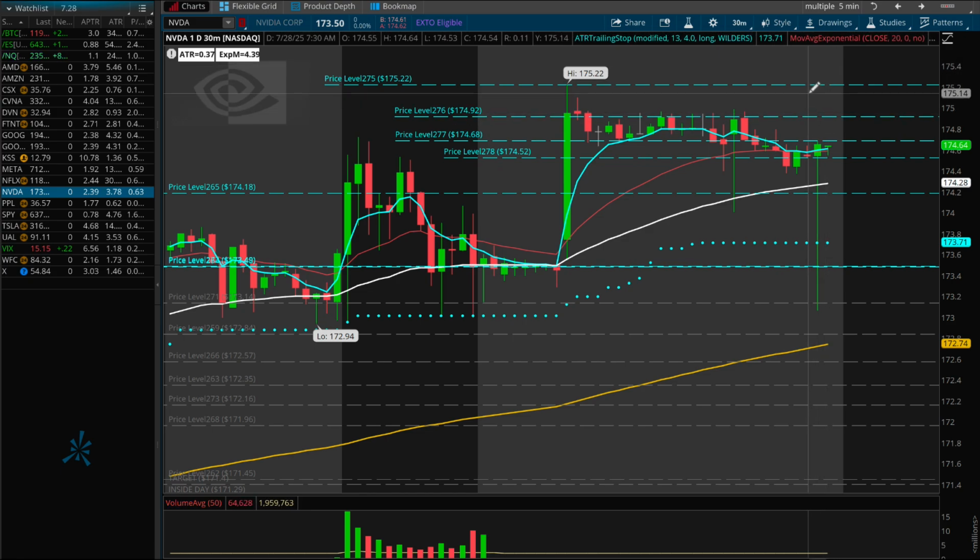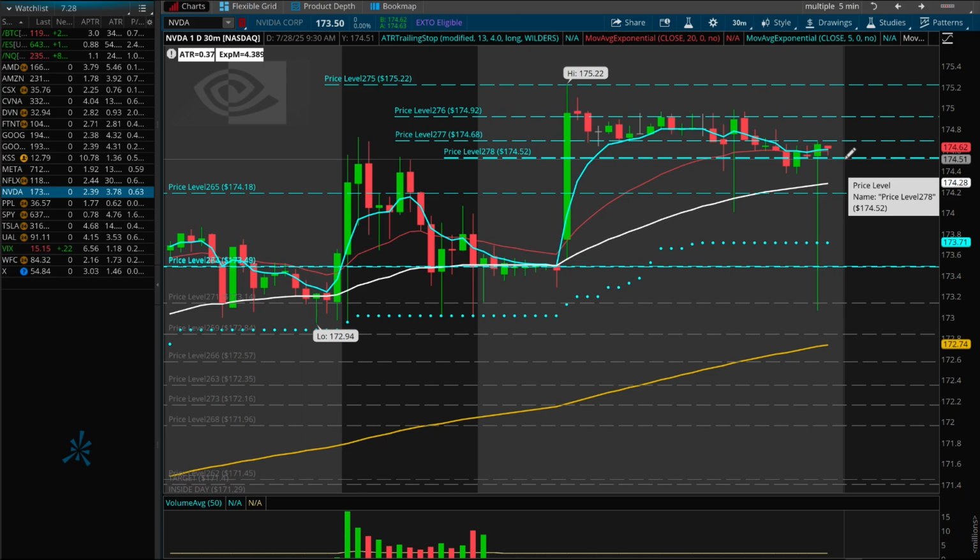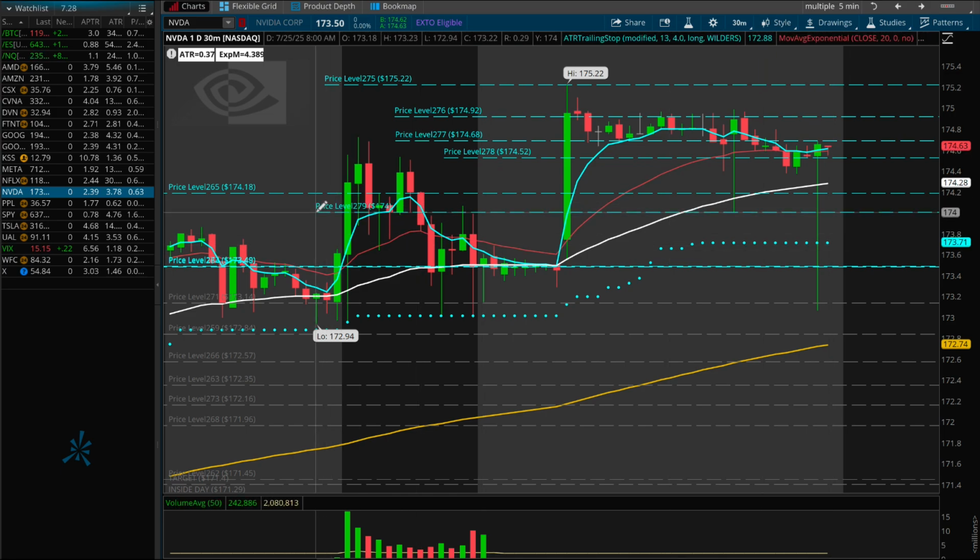And once it makes the new highs, I use my EMAs to help with support and resistance then, right? So let's say we break under the 174.52, we could very well come back to 174.18. Breaking that brings us back to where something stopped us here in this area at 174. See, I looked at these candles, and as you can see, this candle touched that line here. So under the 174 area for NVIDIA today, we could very well come back to the ATR trailing stop at 173.71,